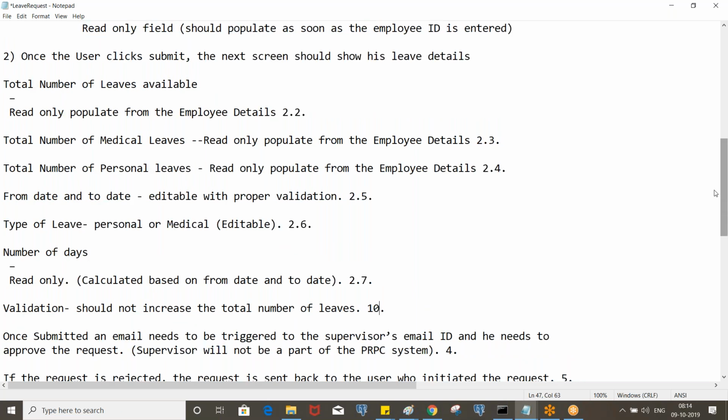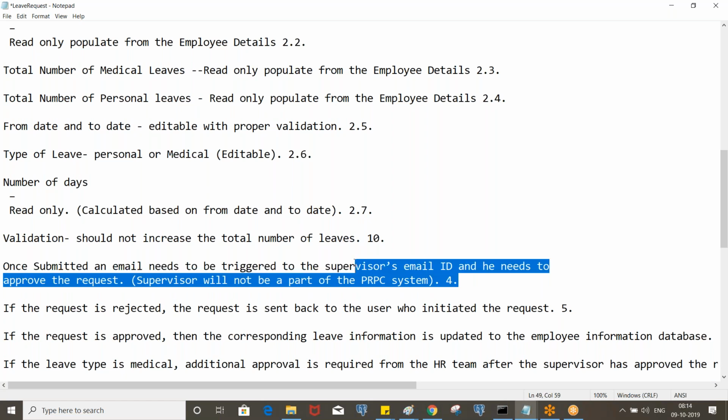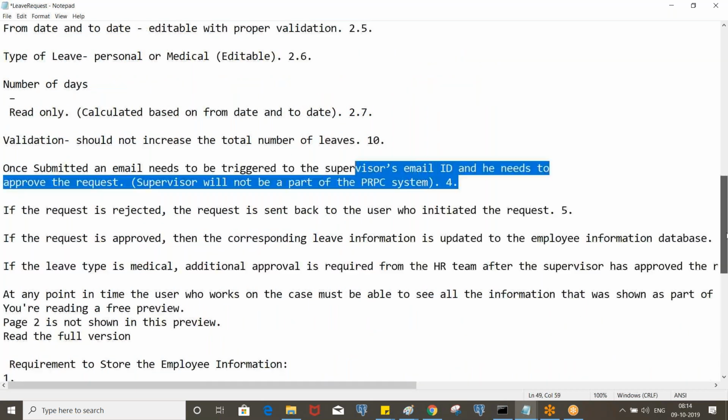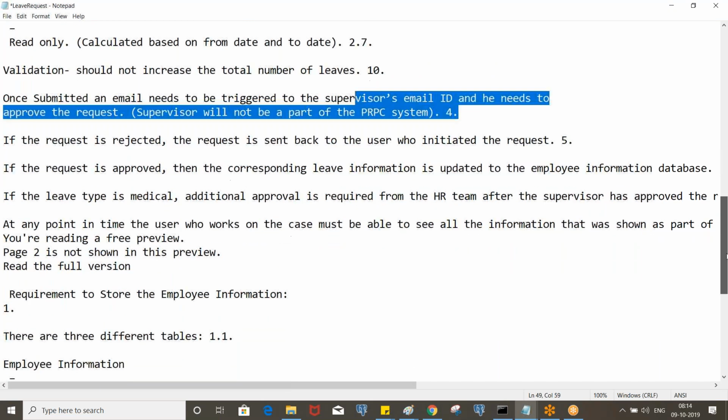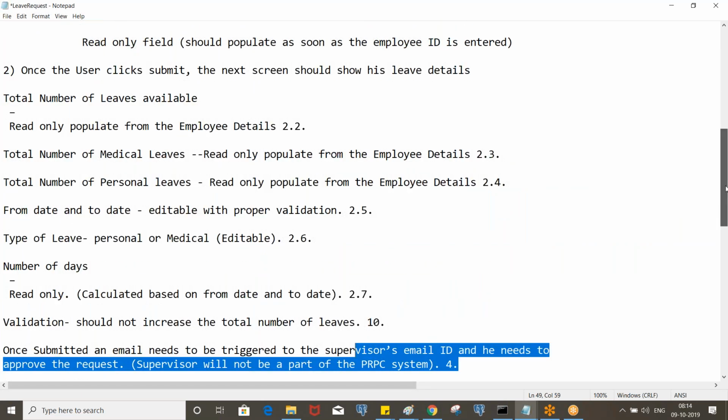Now, once submitted, an email needs to be sent. This is not yet covered, so you can skip this and do that later. Approvals part is also not yet covered. So you design at least the first 2 screens, and we'll continue this.